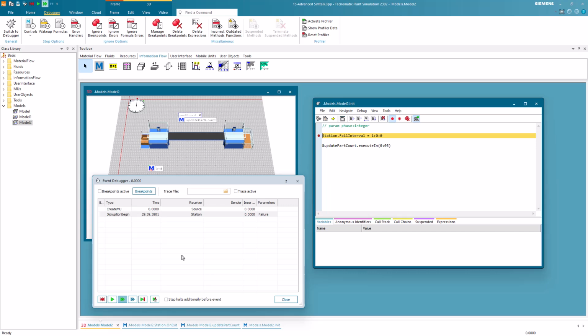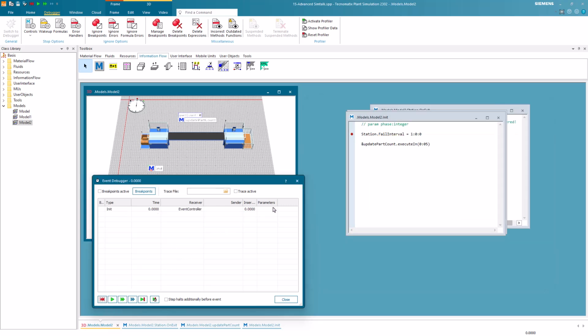However, as we stated already, a user might want to change the failure parameters before the objects have initialized themselves. And for those cases, we can use the parameter phase. So if the init method is called without a parameter, then the control will be executed only one time.